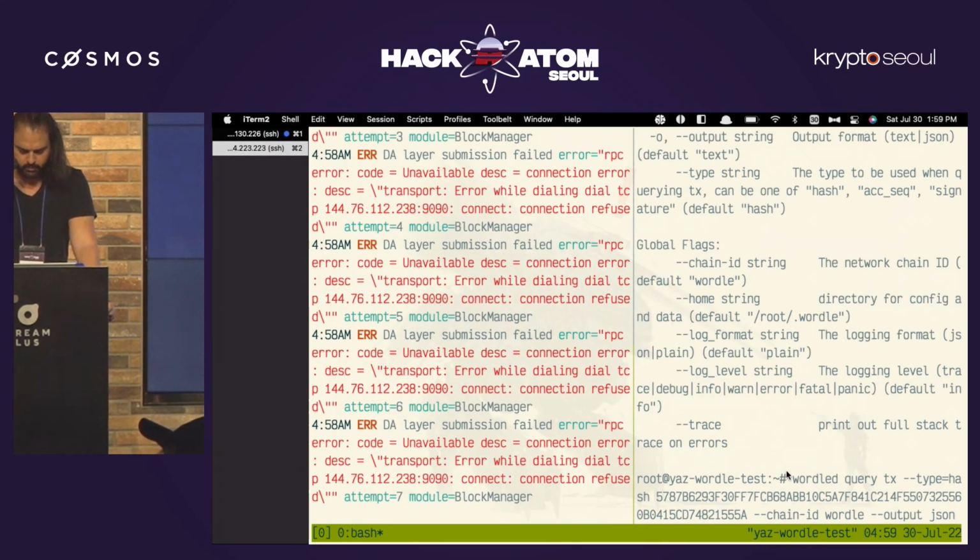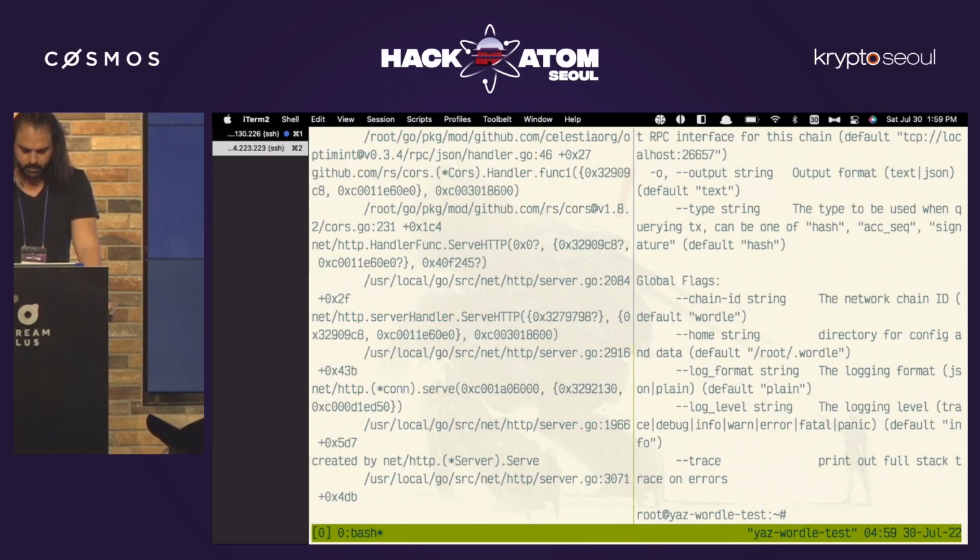Okay, hopefully this works now. There's probably some issue with the data availability node we're connecting to, so let me try to debug it after, and connect with me if you want to